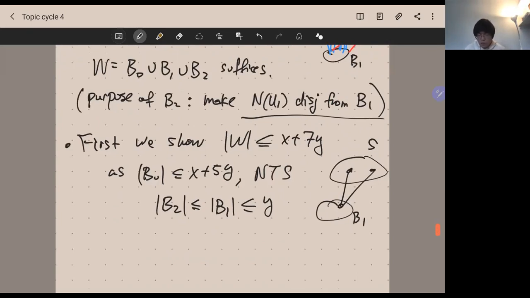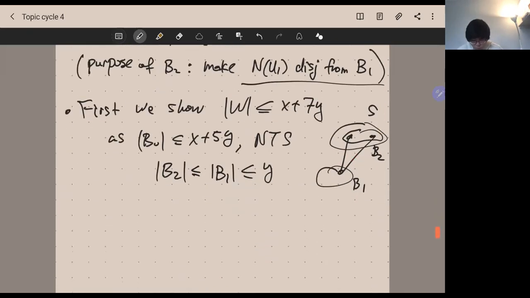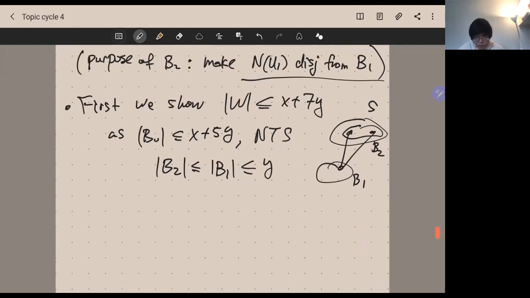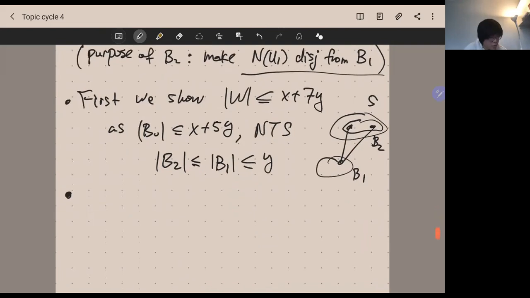So B2 is at most B1, which is at most Y by our choice of B1. So altogether, you add another 2Y there, done. So the difficult part, which is also not too difficult, is to show the expansion. But actually for the expansion, we have to show